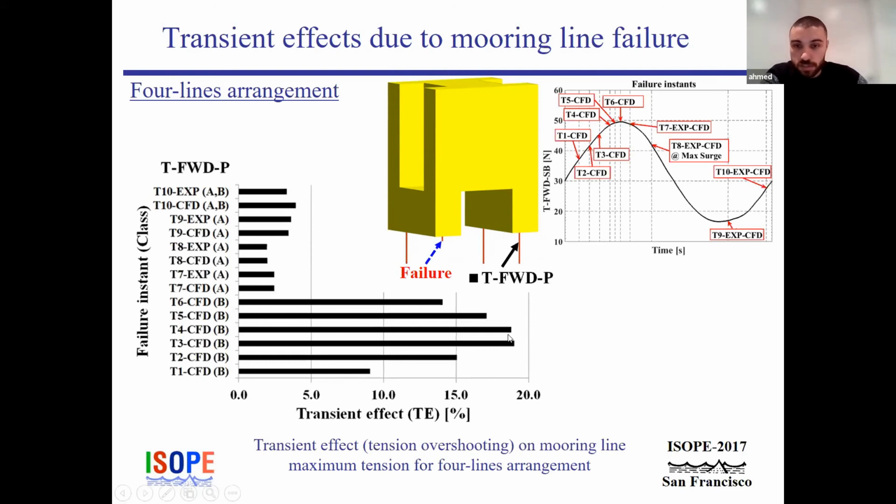And you can see the transient effect is about 19% when you compare this to the tension in the mooring line if you disconnect it without any transient effect. And this is all category B, which means that instant 2 and 3, or 3 and 4, which is just before the peak tension, gives you the maximum transient impact. And looking at 7 and 8 and 9 and 10, this is the comparison between the